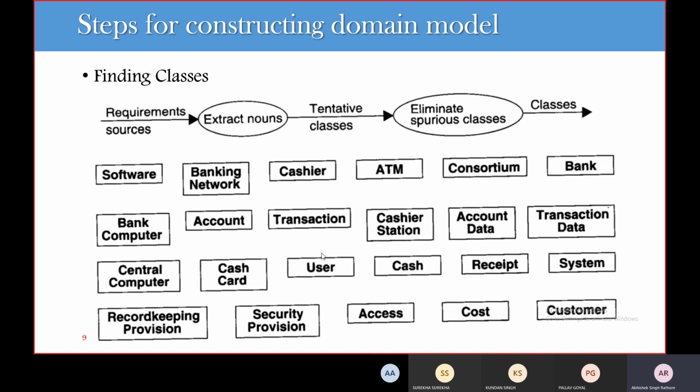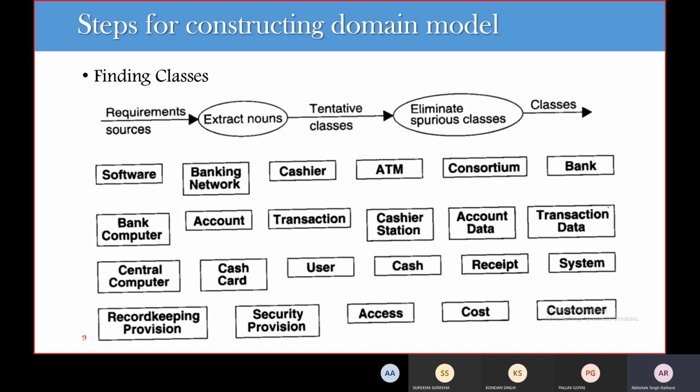We'll start our process by listing the candidate classes that are available. These candidate classes are usually written in our requirement specification or the problem statement. While we are listing all those candidate classes, we should not be too selective. We have to write down every class that comes to our mind, or we can say that we have to find out the nouns that are available. Usually these nouns correspond to classes.